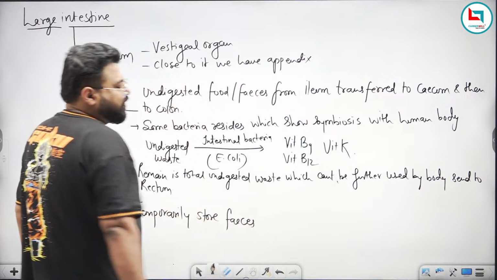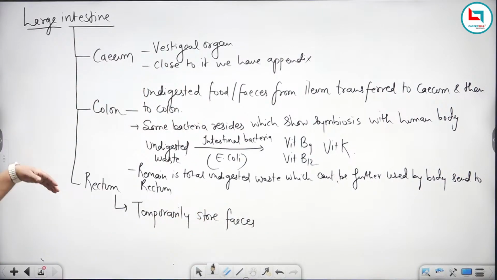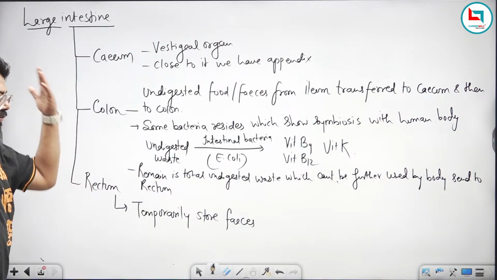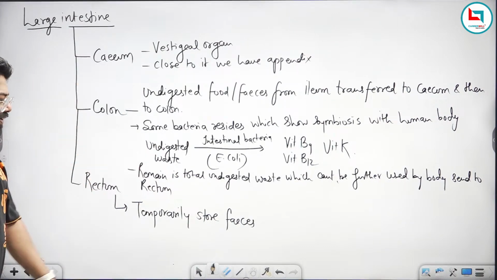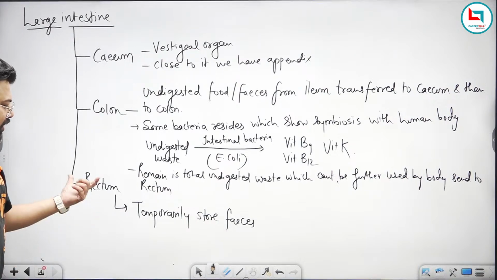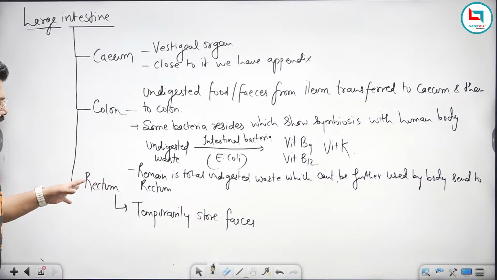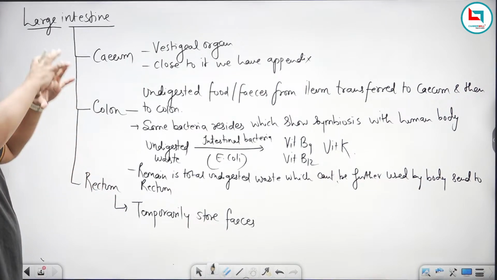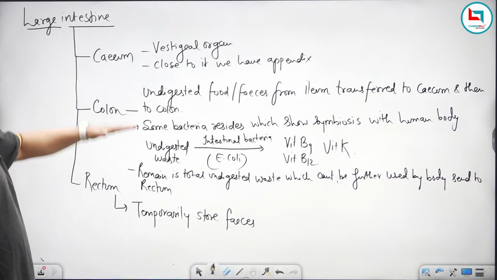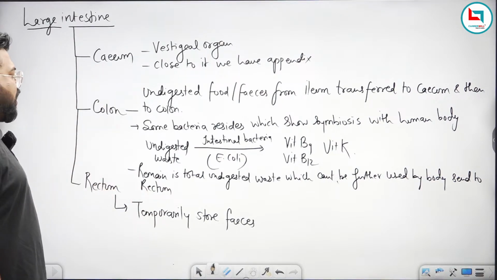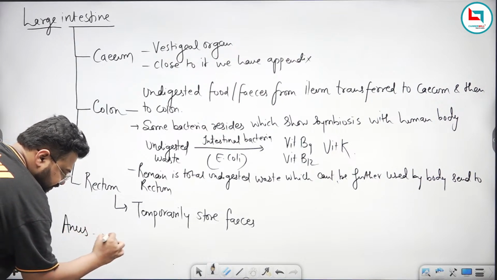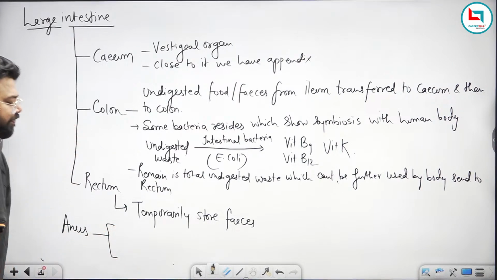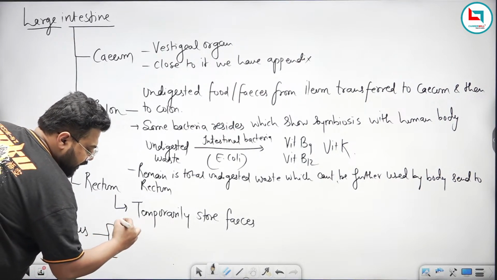Or undigested waste. So whenever we feel like we have to poop, there is a neural signal which comes from the central nervous system of the body, and it gives signals to the rectum. The rectum muscle starts contracting and relaxing, and this feces will be pushed towards the anus. Now the anus has two different valves: internal valve